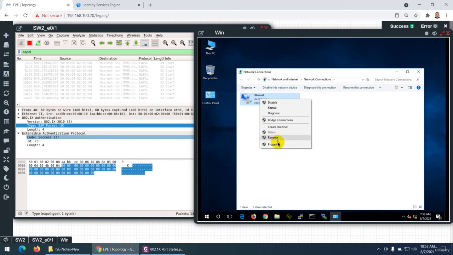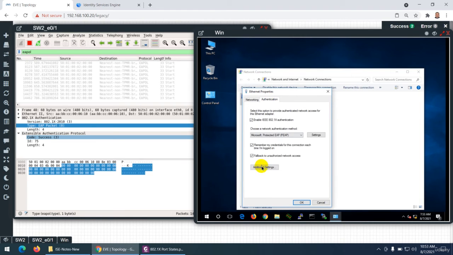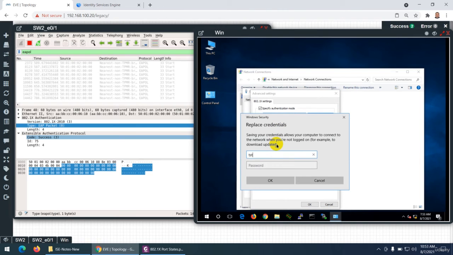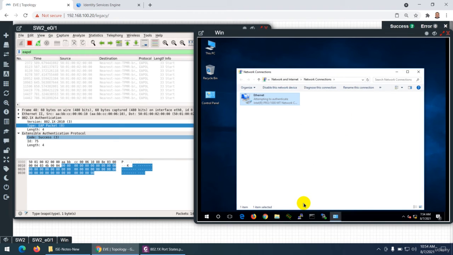Maybe you are thinking that it's because you provided a wrong username and password. Let me put the correct username and password. Let me go to additional settings and replace credential, and this time I would say test, and C1 is the username, either E1 imply 1, and the password is abc@12345. This one is correct, yeah? Correct username and password. And let me do authentication again. No, it will not attempt to authenticate,